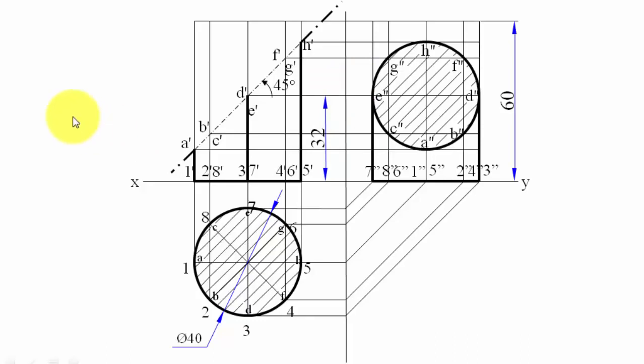All right guys, now we're going to go ahead and make the true shape of the section. For having the true shape of this section, we're going to have to look at this object from over here. So for having the true shape, let's have a plane. So that's the plane I'm talking about. This is the x1 y1 plane onto which the image of this section will be taken.